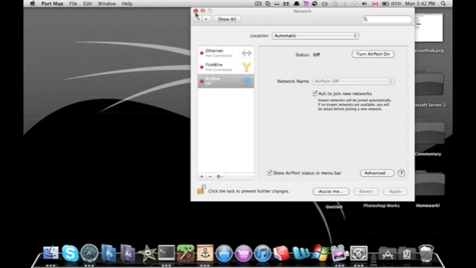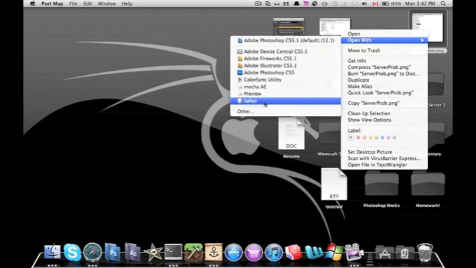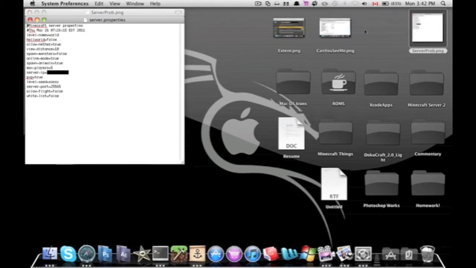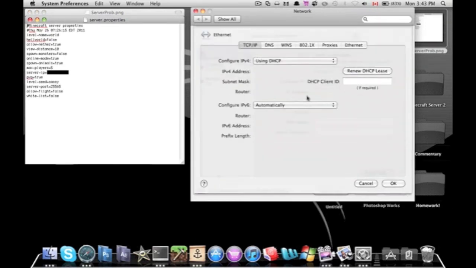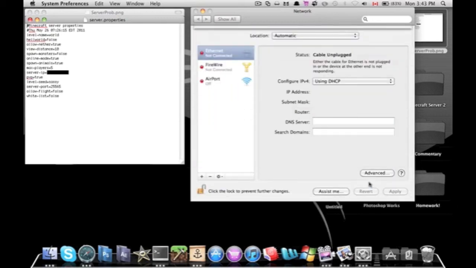Now there's one more thing you guys need to do. So right here, you're going to want to open up your server.properties, and you will want to enter a certain IP address. That IP address can be found by opening the network preferences, clicking on Ethernet, Advanced, and it'll be this one right here. You will enter that in your server IP. That'll be put right there, and that's your internal IP address. So you got to have that right there. You can also find that in port map, but I found it easier just to go to the network settings,